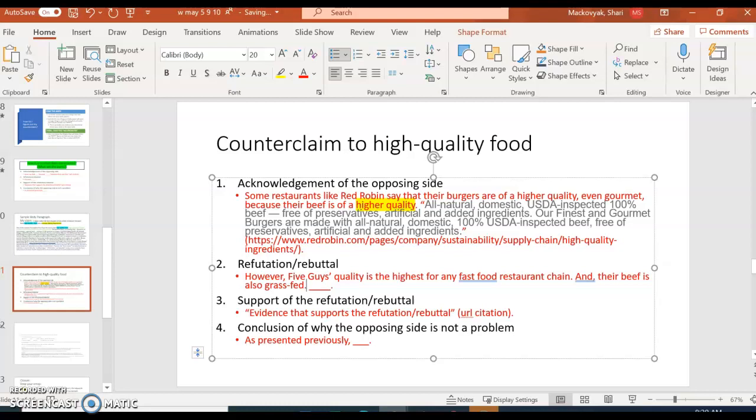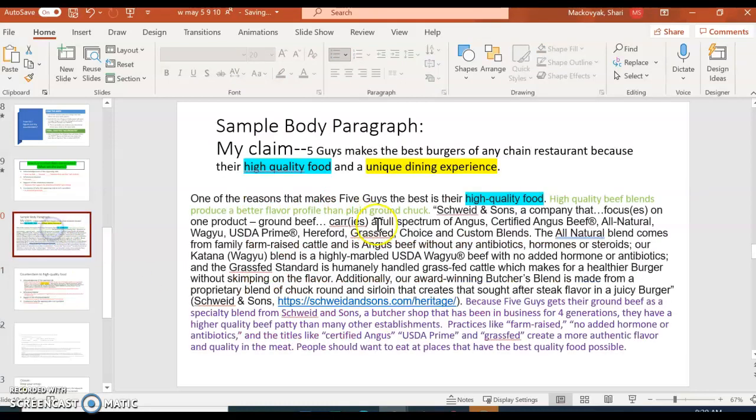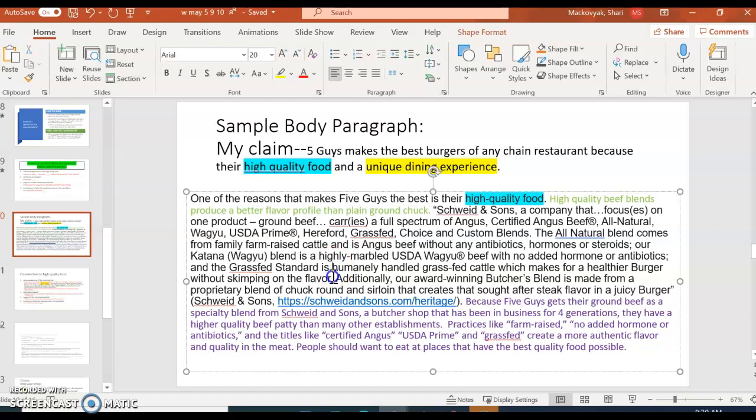I'm going to put a ... because I want to go back to my evidence here in a second. I need to have some evidence that's going to show here. I could even say as presented previously. I can recite some of this, like humanely handled grass-fed cattle. This is probably where I want to start.